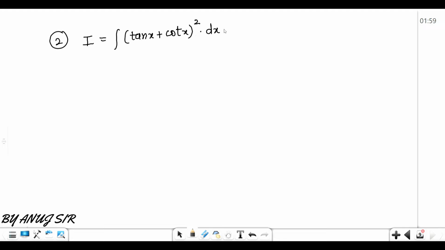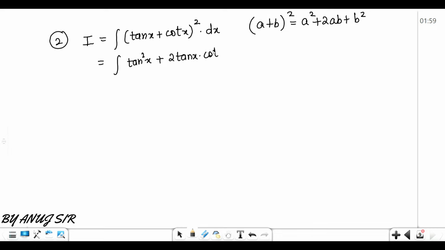So we have to deal with the power first and then we can integrate it separately. Okay, so we will use the formula: (a plus b) to the power 2 is nothing but a square plus 2ab plus b square. You must be aware of this formula. So here also this will be a square plus 2 into a into b. We have the value of a as tan x and b as cot x, plus cot square x